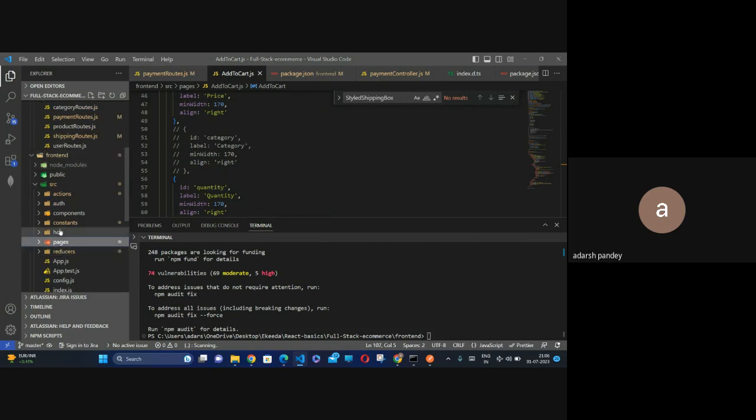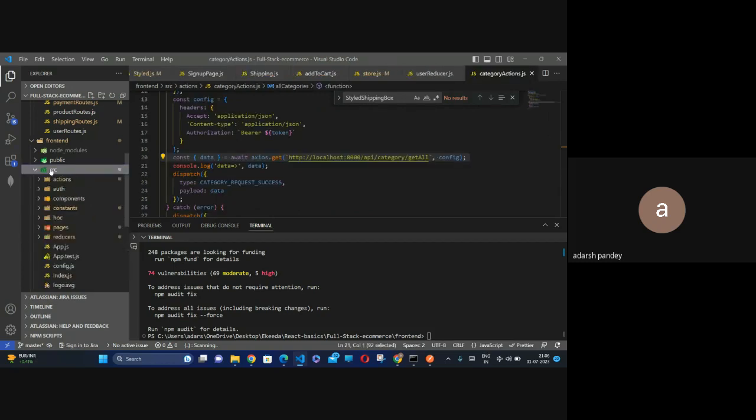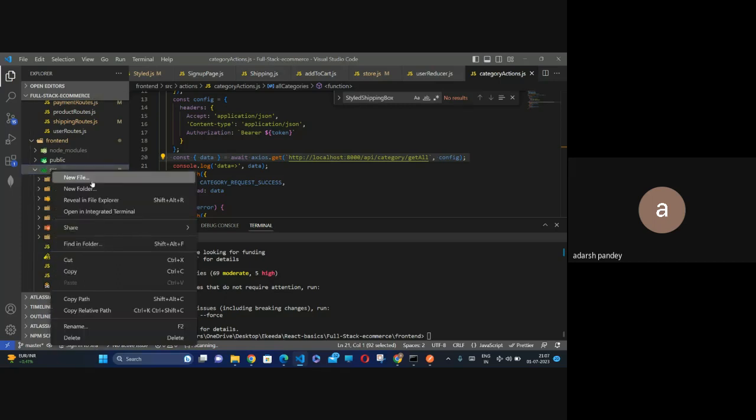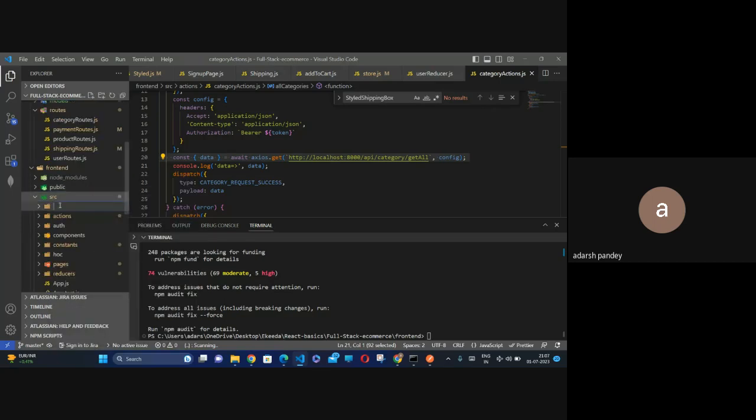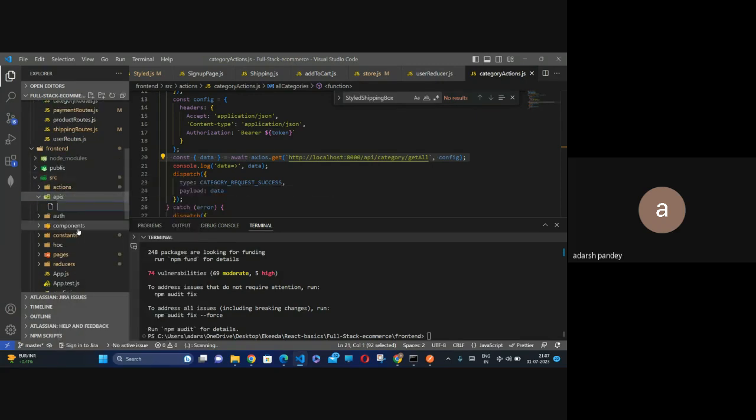जिससे क्या होगा कि अगर वो सागा हम यूज किए तो एपीआई सागा के अंदर कॉल हुई है एक्शंस के अंदर, अदरवाइज इस एक्शंस के अंदर कॉल हुई है मैक्सिमम एपीआईज जिसकी डेफिनेशन यहाँ लिखी हुई है। बट जब अगर हमें सागा से हैंडल नहीं करना है, आई मीन रिडक्स से हैंडल नहीं करना है, तो आई कैन मेक अनदर फाइल हियर, फाइल नहीं फोल्डर, APIs, and inside an API I can make